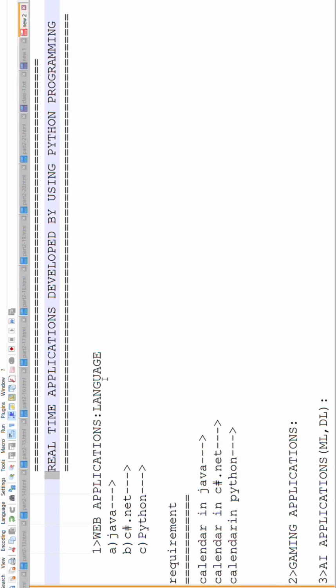By searching jobs on C language, we cannot get selected in any job. Why? C is just the mother language. In the software industry, there are already other languages, not only C. First one is Java. Java is used for developing web applications, which is nothing but developing web pages. Web pages were invented by Tim Berners-Lee, and we develop web pages in the language HTML, and Java